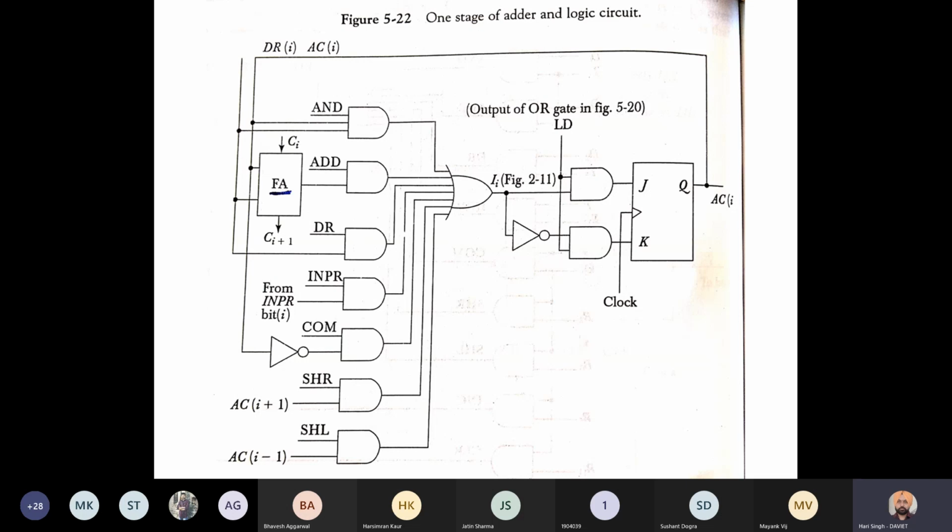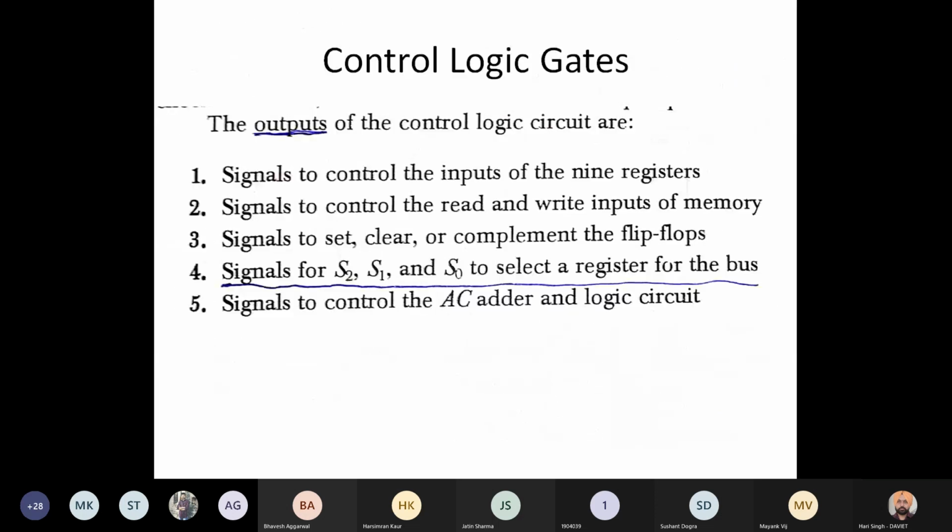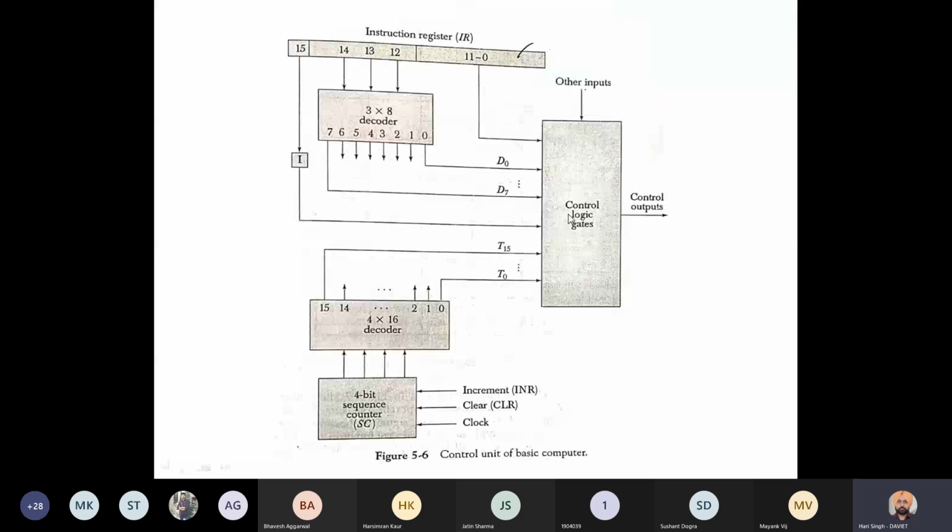In this structure you can see that various electronic components are wired together to implement the arithmetic and logical unit of the microprocessor. This type of structure is based on hardwired design. This is why we call it hardwired design. We just give inputs to the control logic gates.